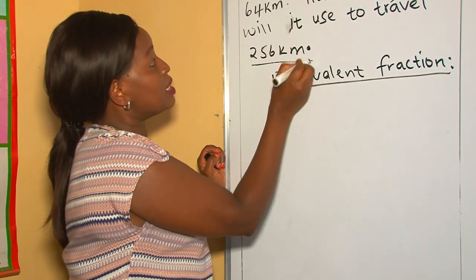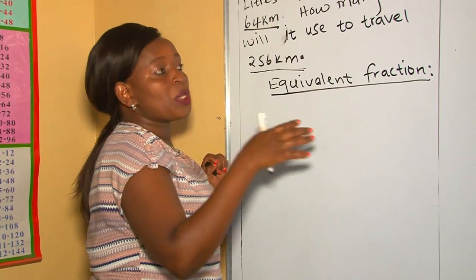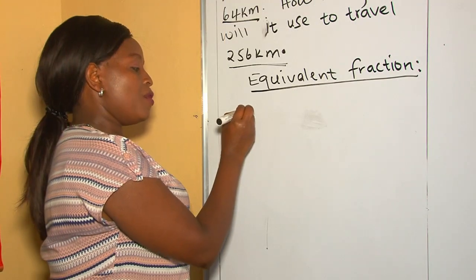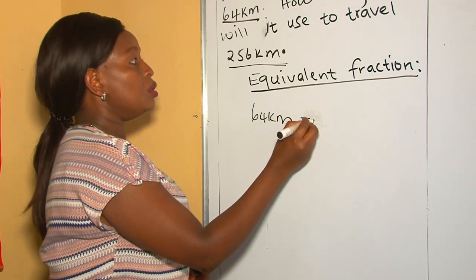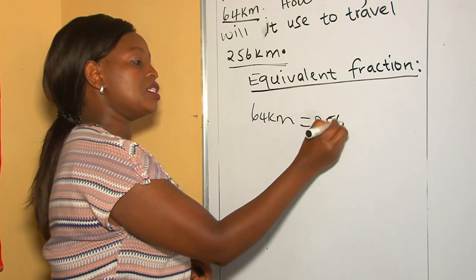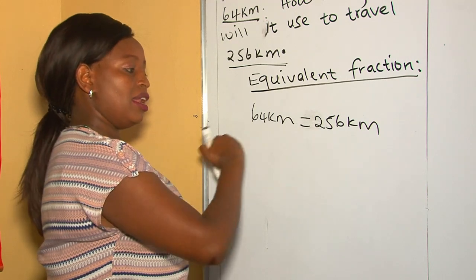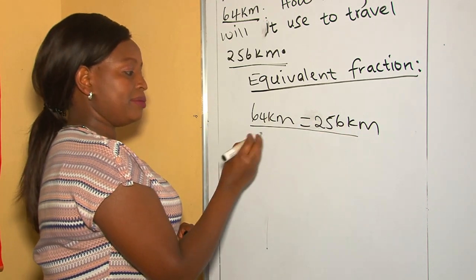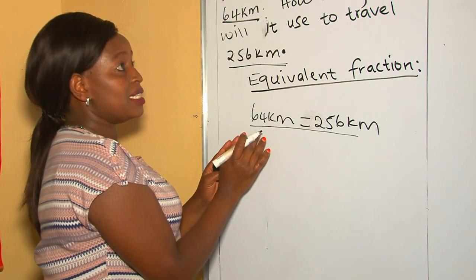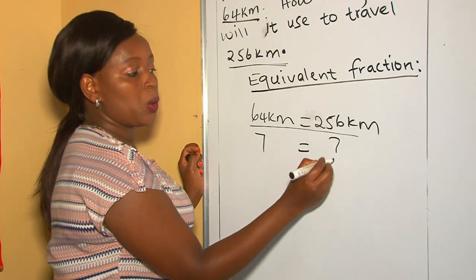So, we are given kilometers. We are also given kilometers here. We are given liters, but we don't know. We are looking for the other liters. Therefore, 64 kilometers is equal to 256 kilometers. Remember, we have said the same units must be at the same level, that is, at the same row. Then, the other things now are the liters, taking the denominator part of it,